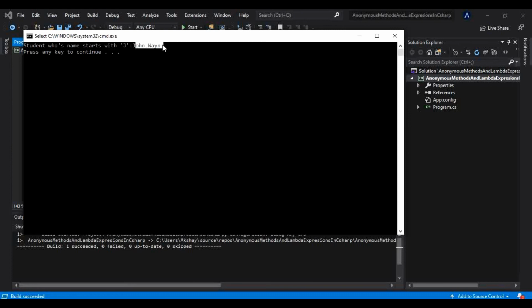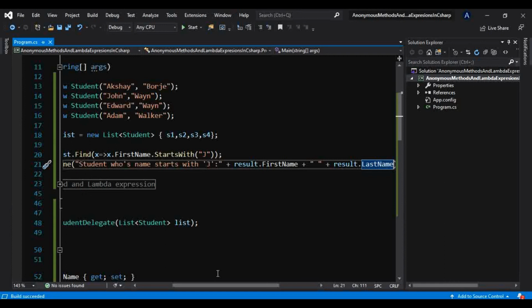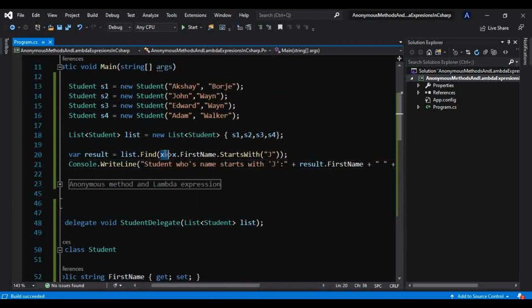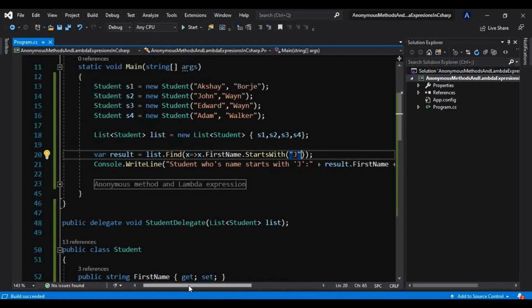Okay, John Wayne. So now if you notice how simple this code has become with this lambda expression, that is only one line of code. That's how lambda expressions shorten the code in our application, and that is going to convert it into an anonymous method. Implicitly, the compiler does all these things for us, and we don't have to worry about that, but we only have to know how we can use this lambda expression and these anonymous methods in our application.